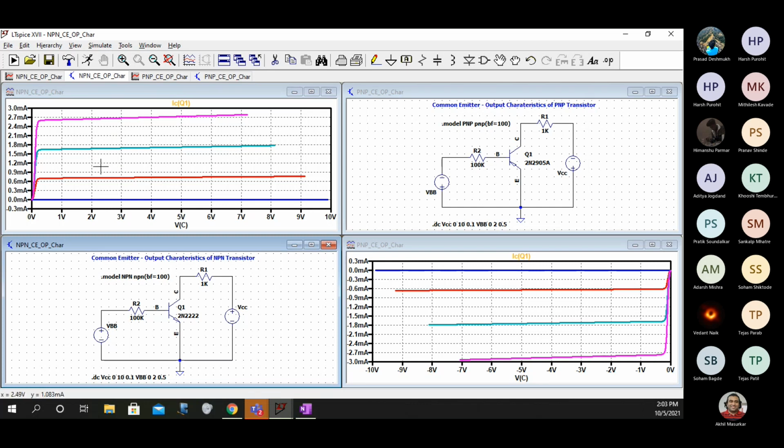So can you just try with these transistors and show me the output? Okay, good.